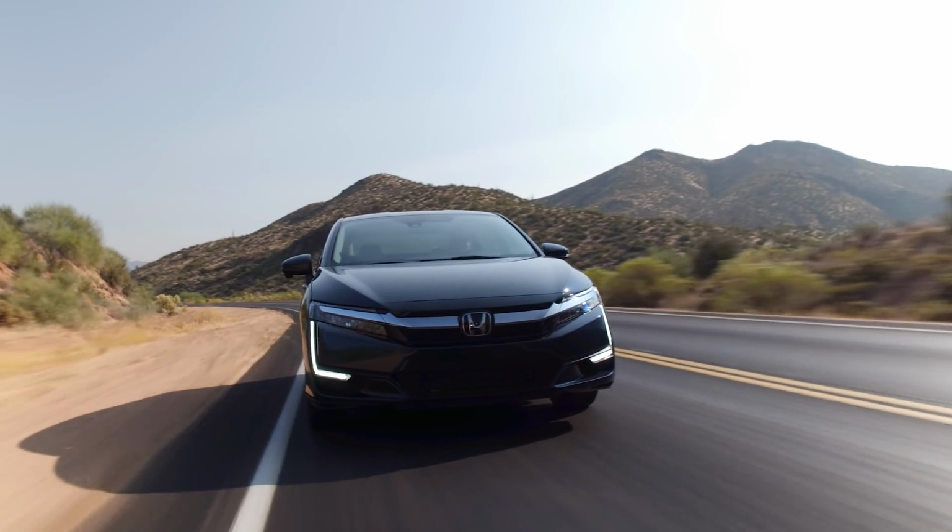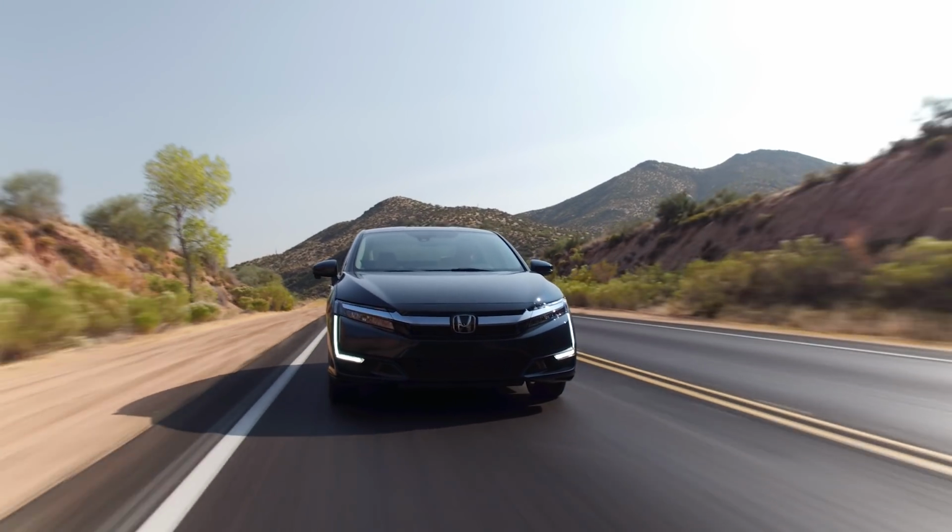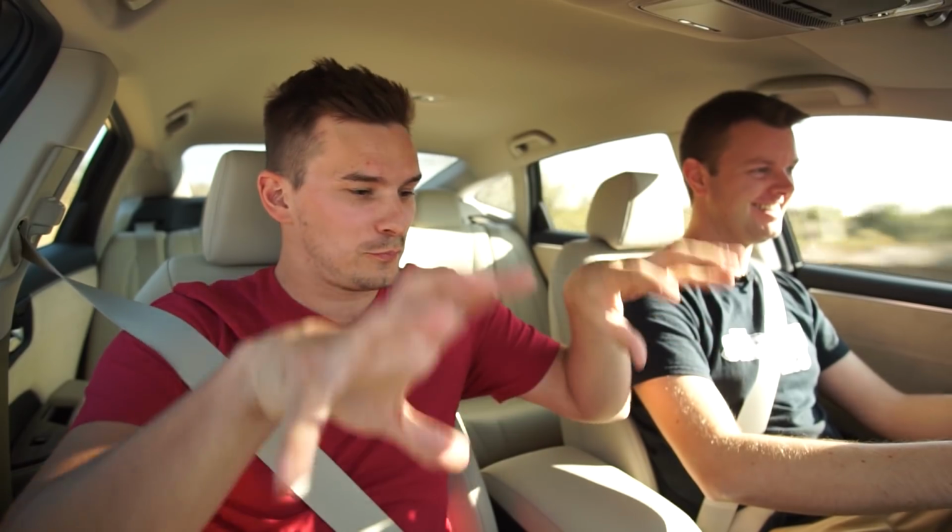It's really nice. Speaking of dead silent, this thing has one of the creepiest EV rolling noises. It sounds like someone put their hand down on the creepiest notes on a piano. It's like